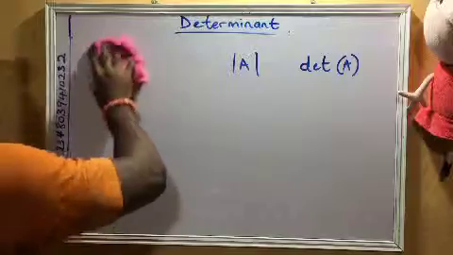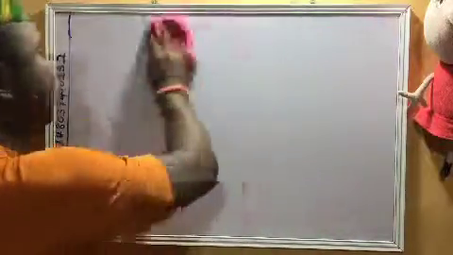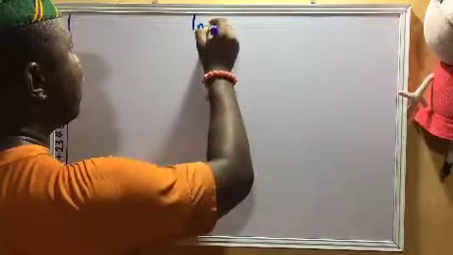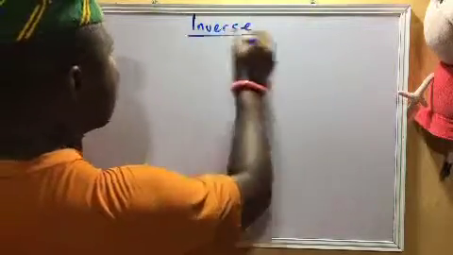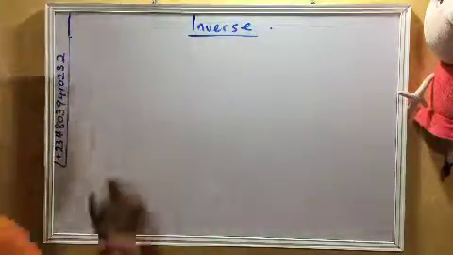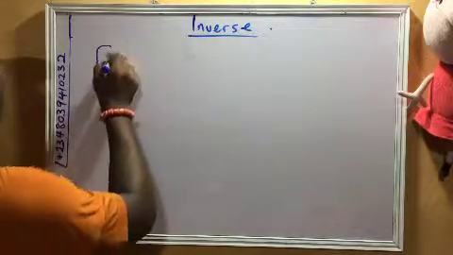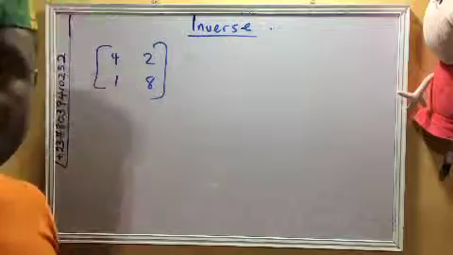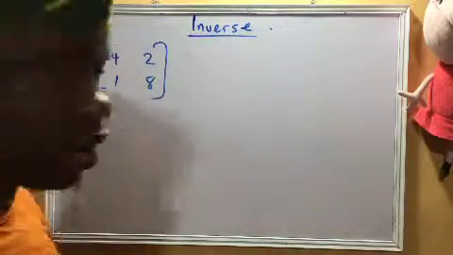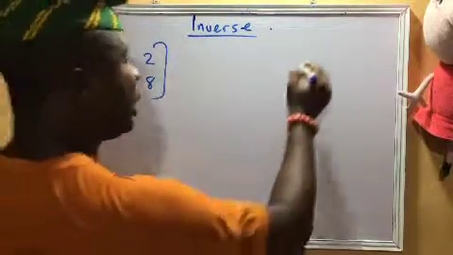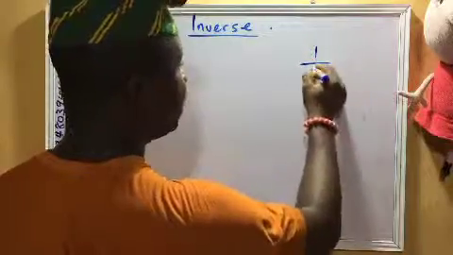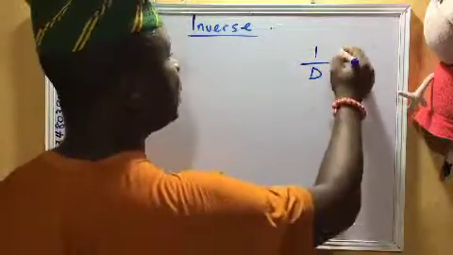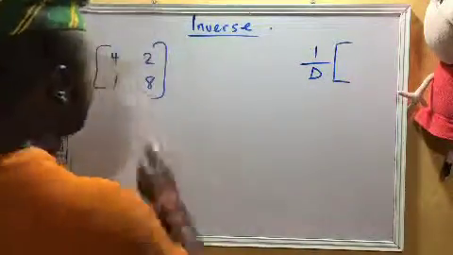The next is the inverse of a matrix. Now, if you're told to find the inverse of a matrix, okay? Let's use the same matrix, 4, 2, 1, 8, and we are told to find the inverse. What you just need to do is, this is it: 1 over the determinant, then you have times,